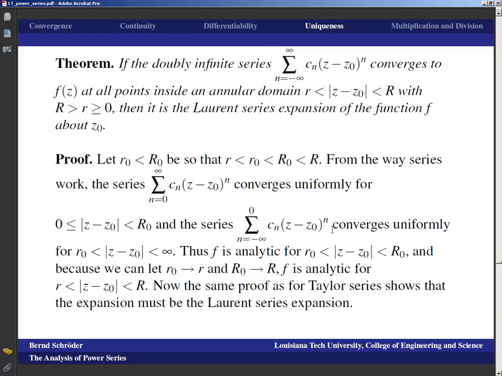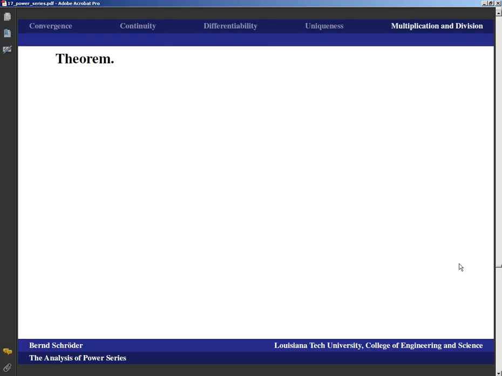And because we've got uniform convergence of those series, we can pull the bi-infinite series out of the integral. So writing out the details of those and making sure that you understand where and how you use uniform convergence is a very good exercise. And of course, that's one of the things we're also here for. So we'll leave it at this and keep going now, and we'll finish out with multiplication and division of power series, because in this fashion we can very often find expansions of other functions.